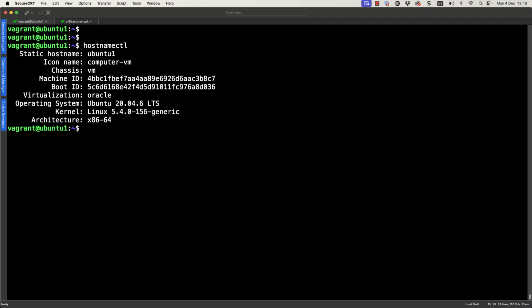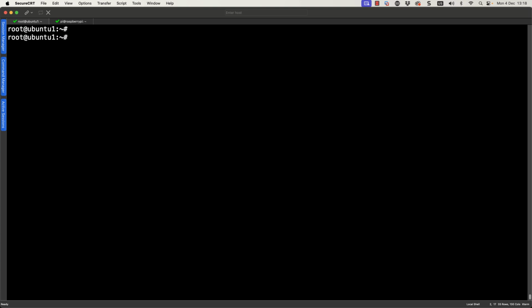When we look at our hostname though, we haven't got a full hostname set, so I'm going to use sudo -i to gain administrative privileges. I can use Control and L to move to the top of the screen. We're going to be running a lot of things as root, hence I've got my interactive shell running as root. When we run hostnamectl again, we can do our set-hostname and put it to ubuntu1.example.com. My DNS is running at example.com, so I'm putting the full DNS name of my system.